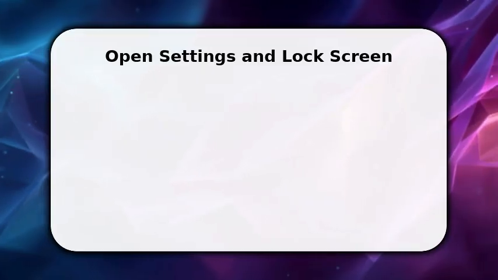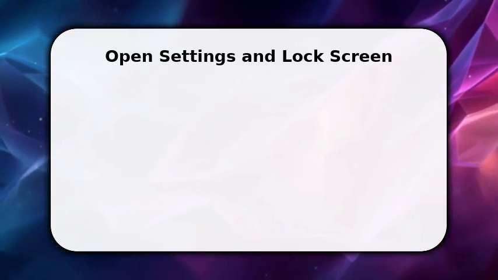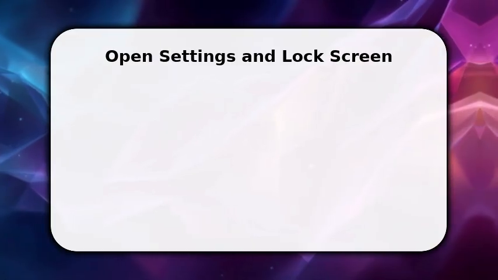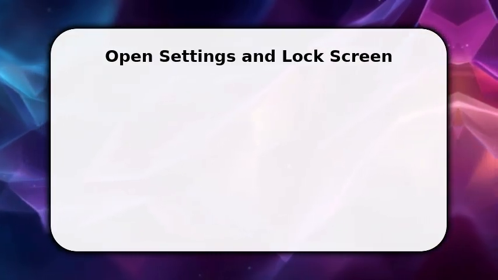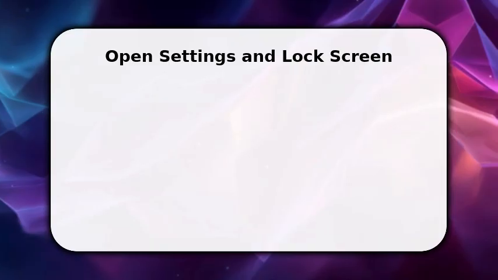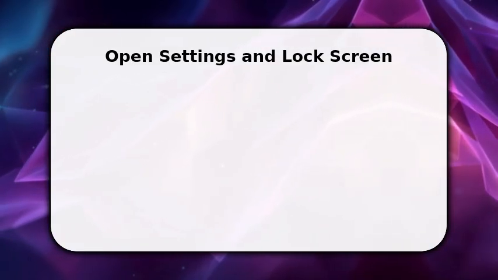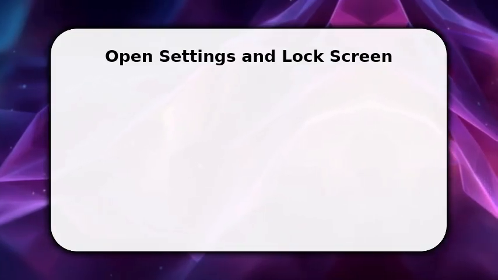You start by opening Settings and going straight to Lock Screen. This gives you the controls you need. Make sure you're on the device and can unlock it because the phone will ask for your current PIN, pattern, or password. Once done, review the screen lock type entry so you know whether you'll disable a PIN, pattern, password,